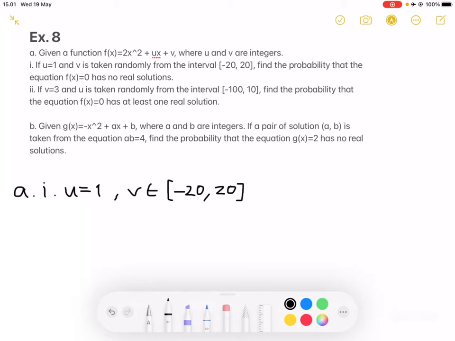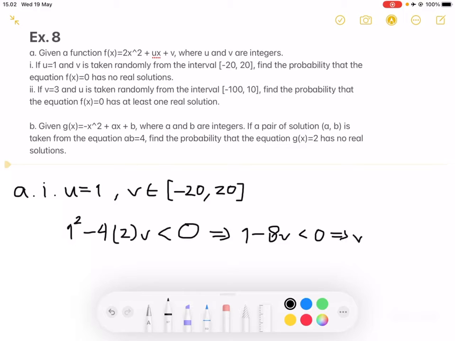Alright, so when we're dealing with the existence of a solution to a quadratic, we must find the discriminant of that quadratic. In this case, it will be 1 squared, which is the value of u, minus 4 times 2, which is the coefficient of x squared, times v, which is the constant term. And since we want to show this has no real solutions, we must set this strictly less than 0. Here we have 1 minus 8v is less than 0,